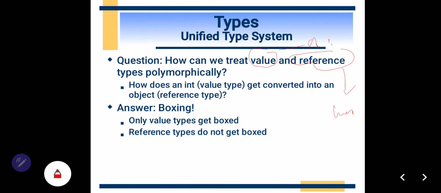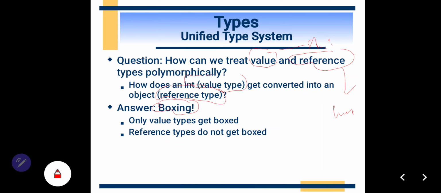How can we treat value and reference types polymorphically? How does an int value type get converted into an object reference type? Okay, and the answer is boxing.